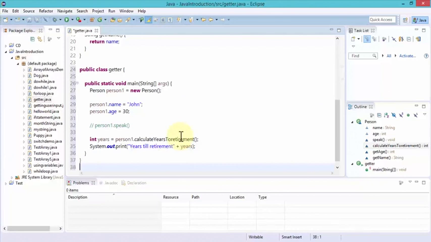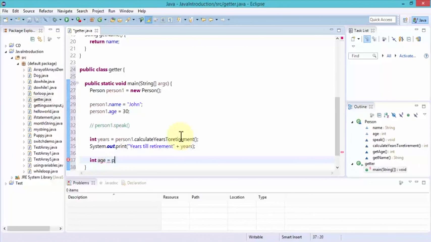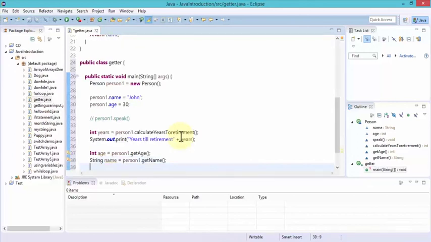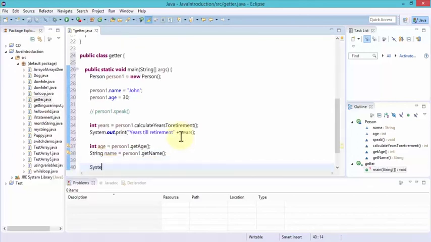But before we actually do the print, we need to get the age and the name of the person. So right after the years till retirement, let me go ahead and specify the int age equals person1.get method, and first it's going to fetch the age, and then next would be my string name, and this would equal person1, and then it's going to get the name. Great. Put a semicolon, and finally we do the